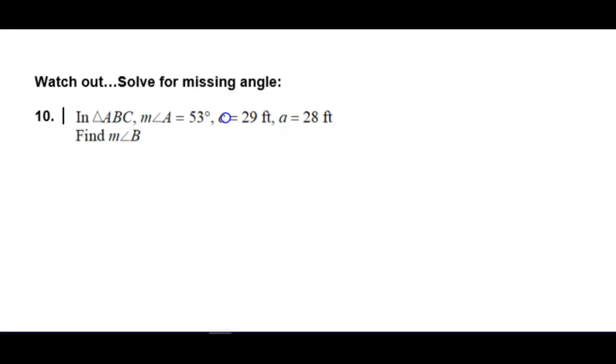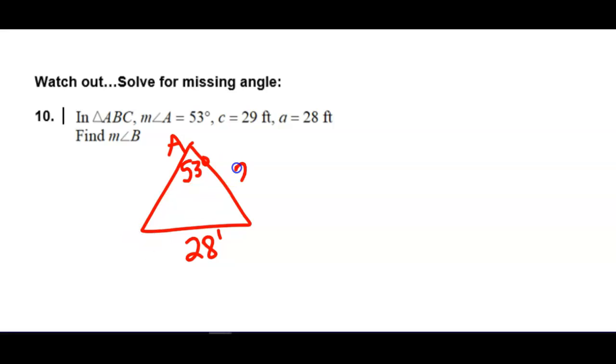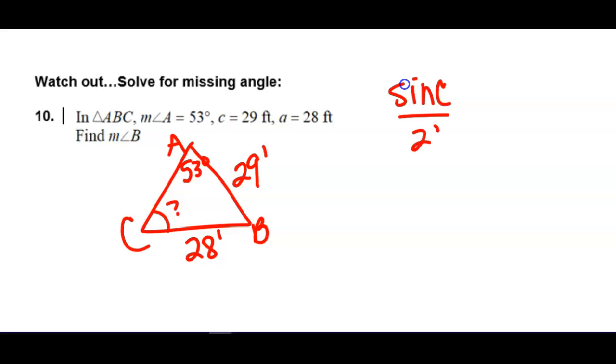And that brings us to our last one. This one says watch out, because I have a feeling there's two possibilities here. If we have angle A is 53 degrees and across from that is a side that's 28 feet, and somewhere is a side C that's 29 feet, we're supposed to find angle B, which would be here, but unfortunately we're going to have to find angle C first by law of sines. So we'd have the sine of C is across from 29 in the same way that the sine of 53 is across from 28. So 29 times the sine of 53 divided by 28